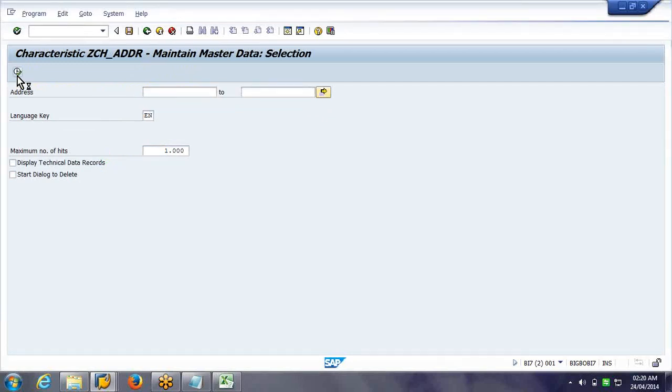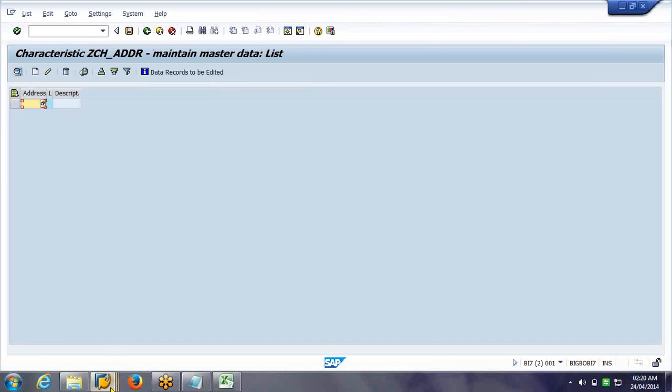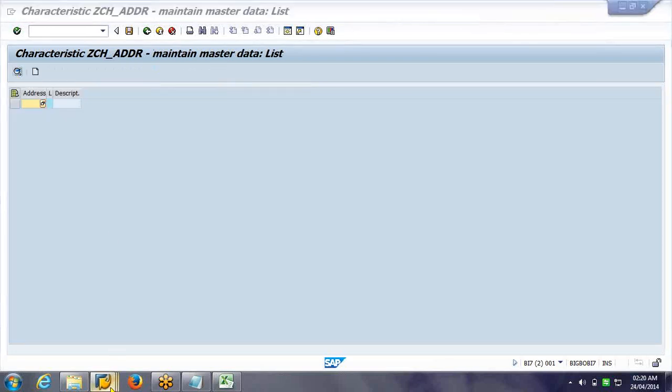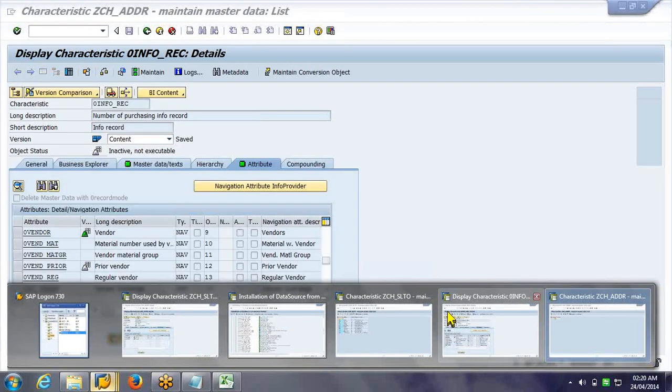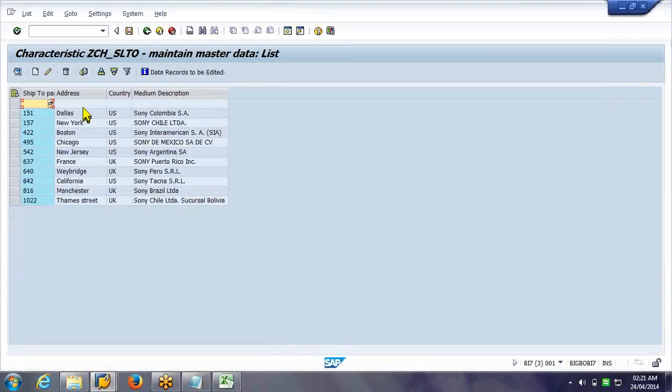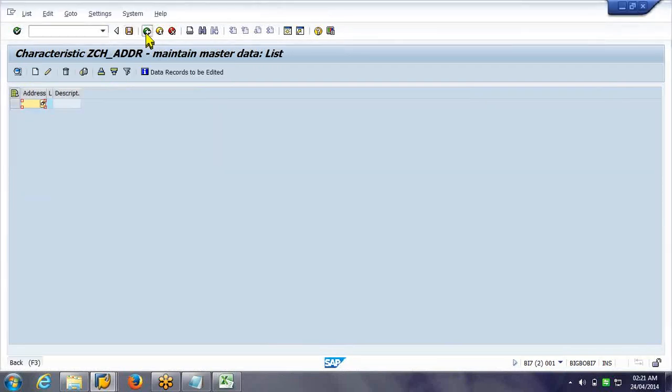As we discussed, it is just a container. It doesn't hold any data, even though we have loaded data to the main object. So the main object, ship to party, is containing the ship to party data as well as the attributes data, but the attributes themselves are not containing anything.